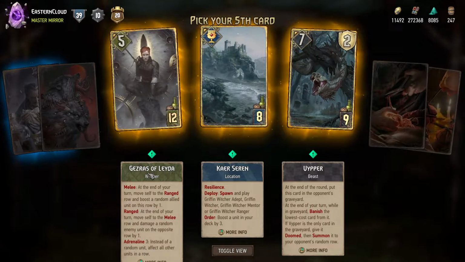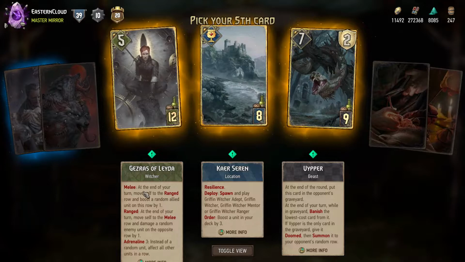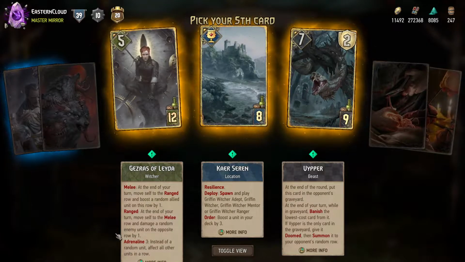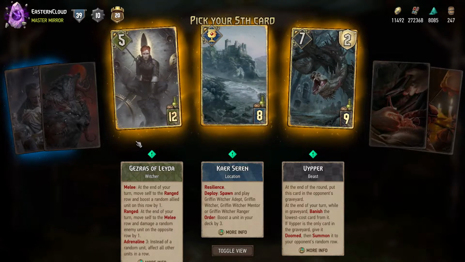And finally, this one, I think I missed this one. I saw it come up, but I never got to read the text. At the end of your turn, move south to the range row, and then it keeps bouncing, and then eventually, drilling 3, it infects everybody. So it's either doing damage to the entire row or boosting an entire row. This is really fun. I love this card. I love this card because of the amount of movement that